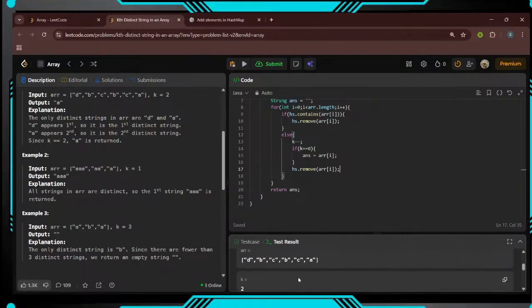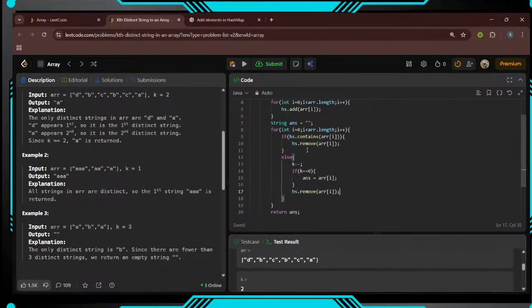And it's giving C. So it added everything. D comes out to be removed. B, it already exists, so remove, the k comes out to be 1. So C,